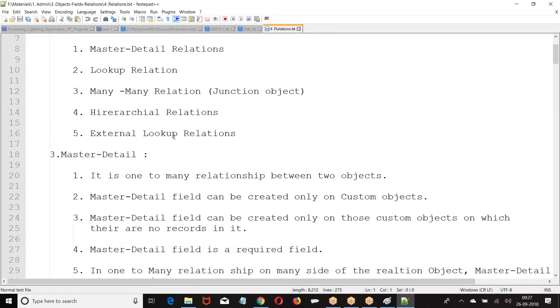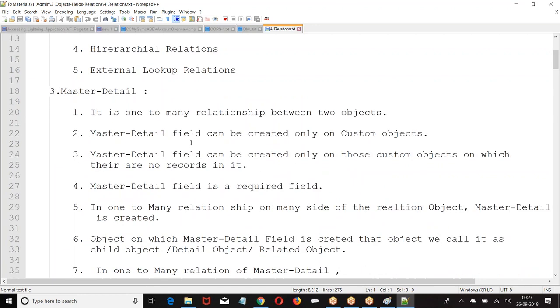Master detail. It is a one to many relation between two objects. Master detail field can be created only on a custom object, only on those custom objects on which no records exist. Master detail field is a required field.